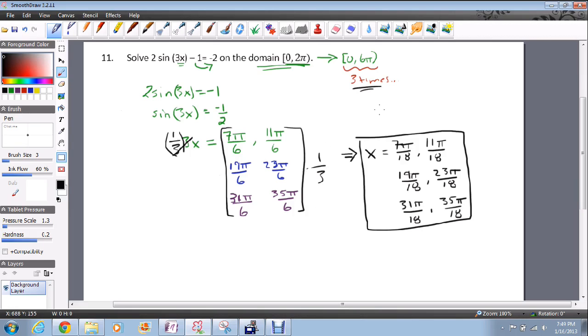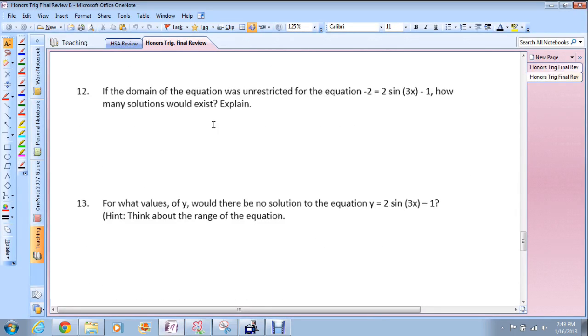Okay, so number 12 asks us if the domain of the equation is unrestricted for the equation that we just solved, how many solutions would exist? And then we want to explain our answer. Well, let's see if we can make sense of this. So if I didn't have that restricted domain that was originally 0 to 2 pi, that we multiplied by 3 to get 0 to 6 pi,